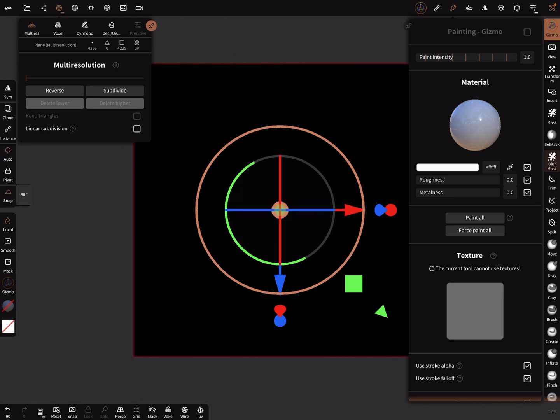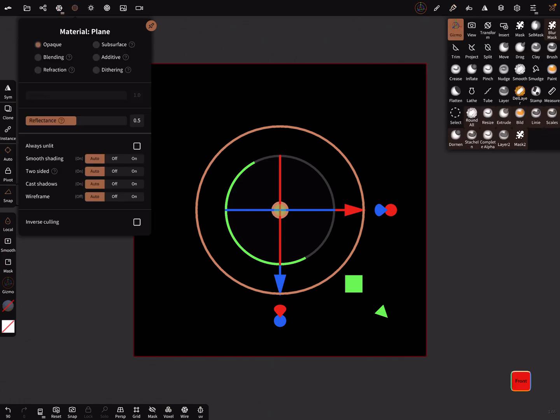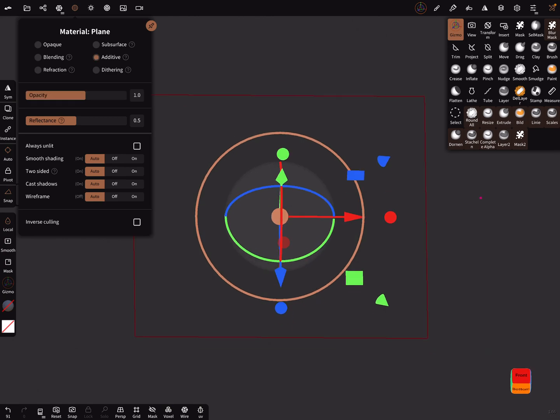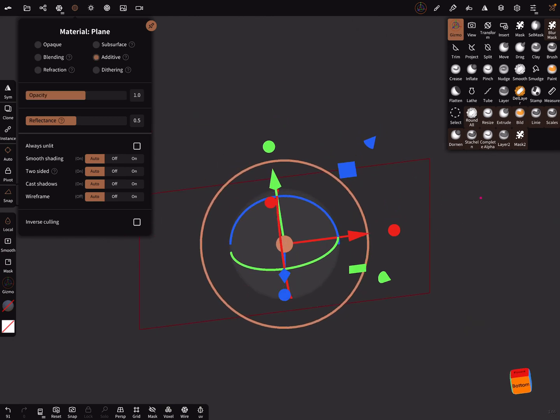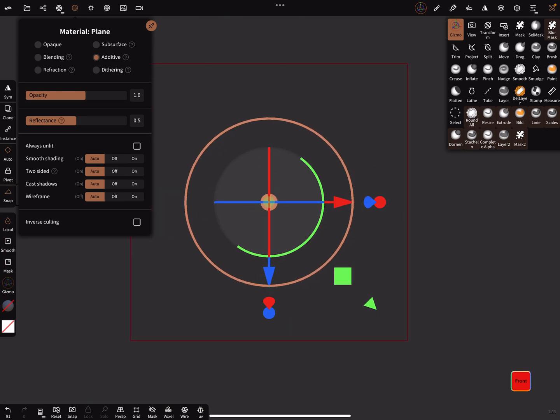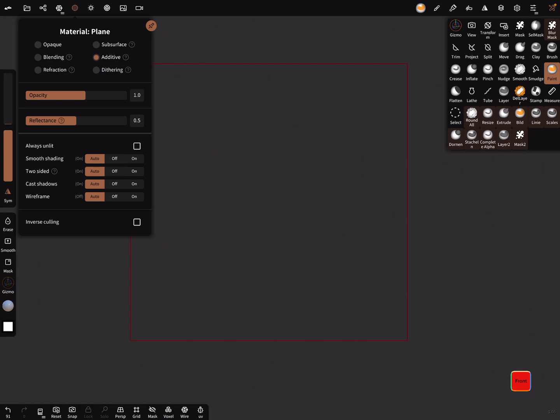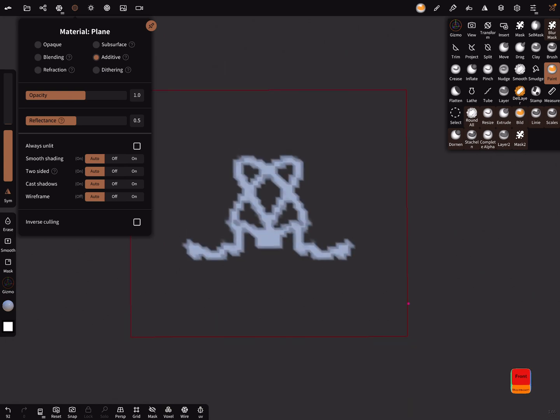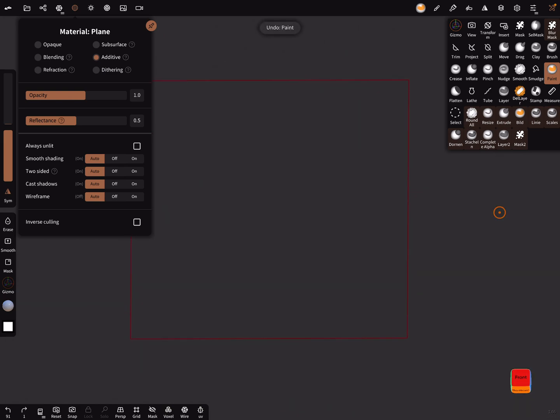And the next thing is in the material of the plane, set the material to additive. Then it's translucent. Okay. And when you now paint here, everything you paint is visible.